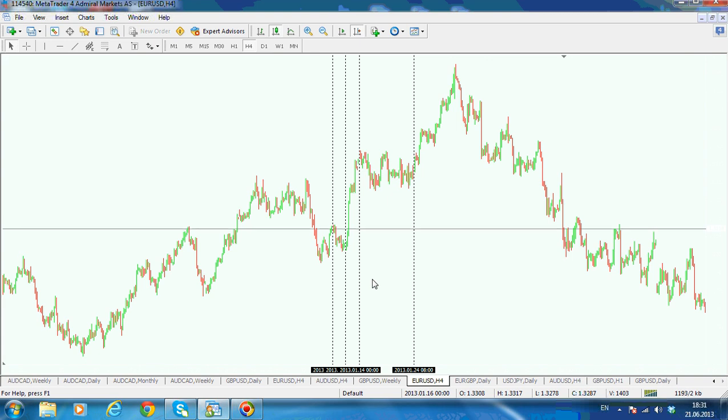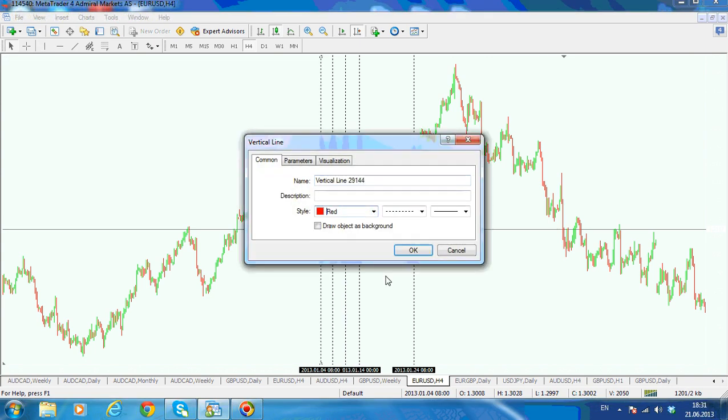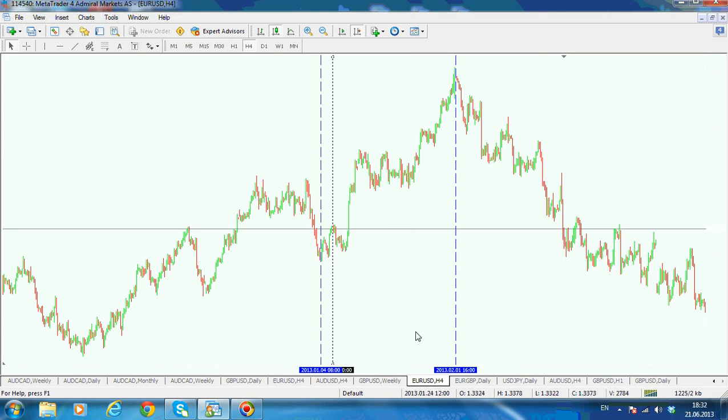Now, this is a euro-dollar 4-hour chart, and what I'm looking for is the move that started here. Let's change the color a little bit. Let's make it blue. So the move that started here and ended here to the upside, and this is an impulsive move. And I'm looking for a potential second and fourth wave for this impulsive move,